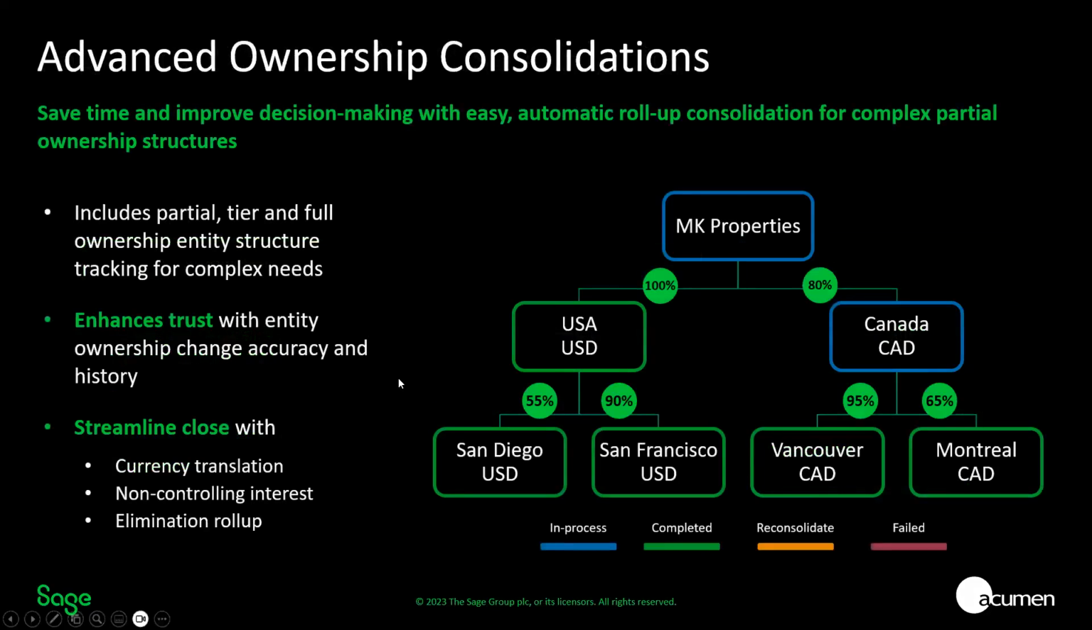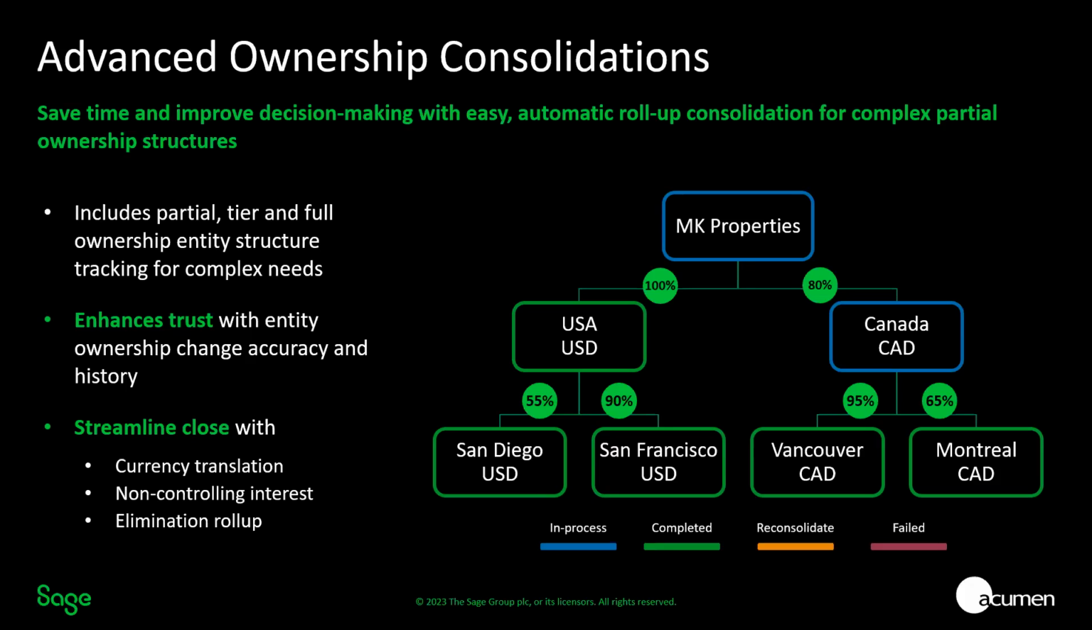Okay, so let's start with this new module or new program, right? And it's called Advanced Ownership Consolidations. They've redone or renamed the consolidation family of modules. And so this advanced ownership consolidation really enhances the ability to do consolidation for our clients who need to do partial ownership. It's not going to necessarily fit every single scenario, but it does do a really nice job